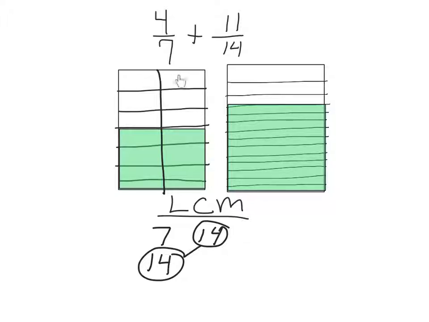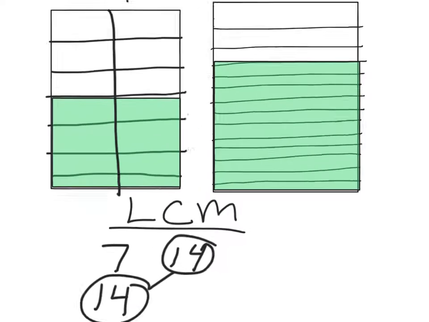And now I've got 2, 4, 6, 8, 10, 14. What? I said that fast. Do it again. 2, 4, 6, 8, 10, 12, and then 14. I went crazy for a minute, didn't I? And these are already in 14ths. So now all I have to do is count these bad boys up, and I'm going to make this a